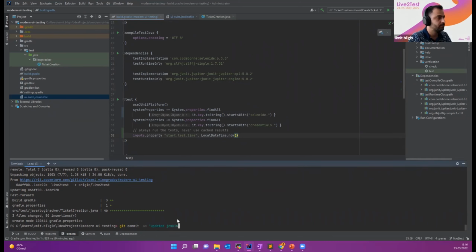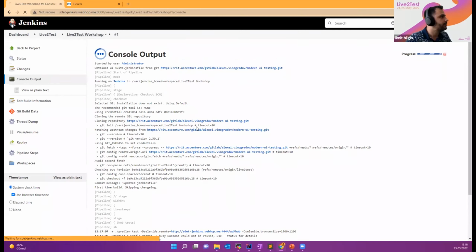Now anyone can start the test, no matter who they are, a developer, tester, or even a project manager, by clicking one button. You don't have to clone code, change something, update configuration, etc. Once it's defined, Jenkins is doing everything for you. I think it's about to finish.